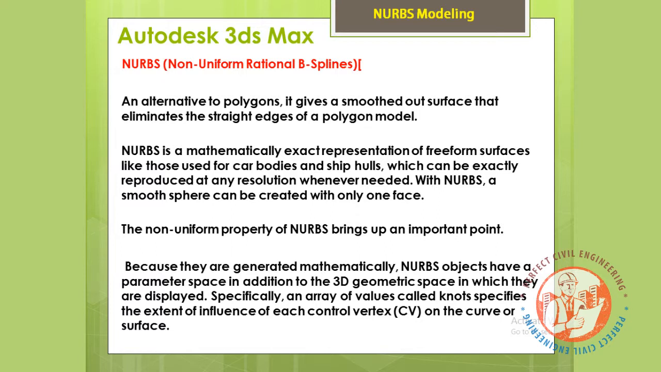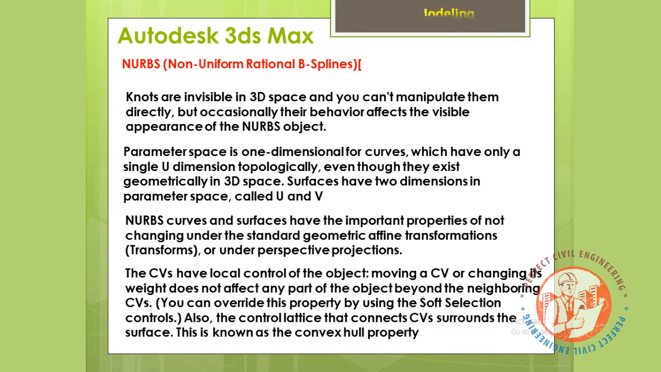The non-uniform property of NURBS brings up an important point. Because they are generated mathematically, NURBS objects have a parameter space in addition to the 3D geometric space in which they are displayed. Specifically, an array of values called knots specifies the extent of influence of each control vertex, CV, on the curve or surface. Knots are invisible in 3D space and you can manipulate them directly, but occasionally their behavior affects the visible appearance